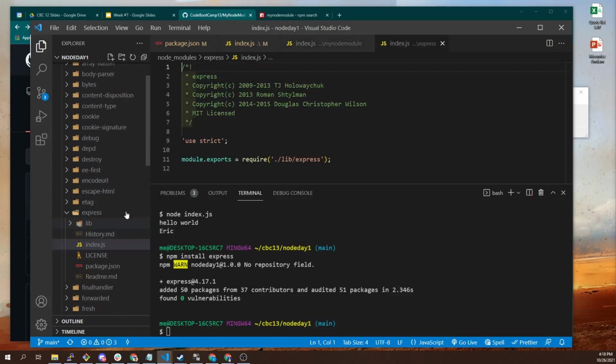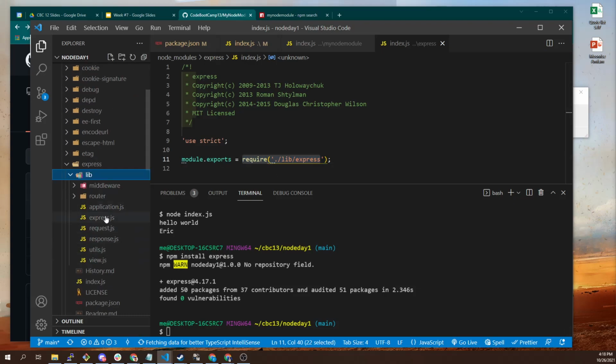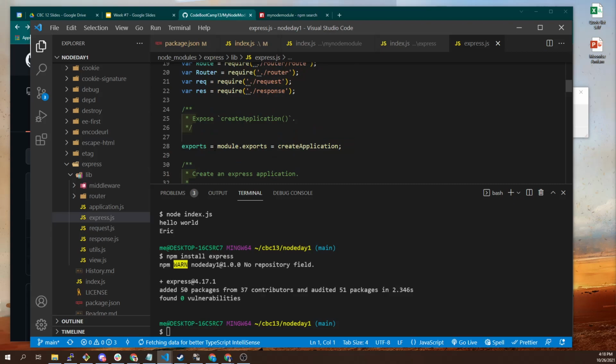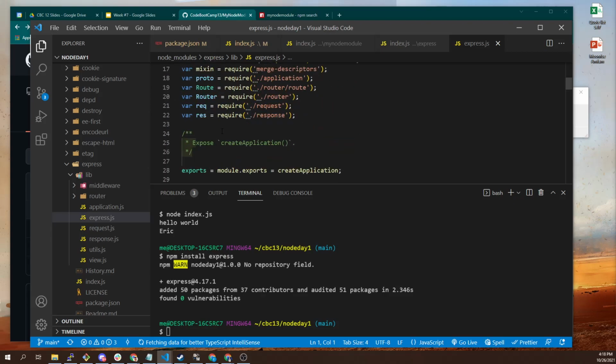And if we go to index.js, you can see it's saying module.exports equals require lib express. So it's even going a step further. It's saying, the default value of this module is exporting whatever comes back from lib express. So we can come in here and look at lib express, and that is saying it's exporting